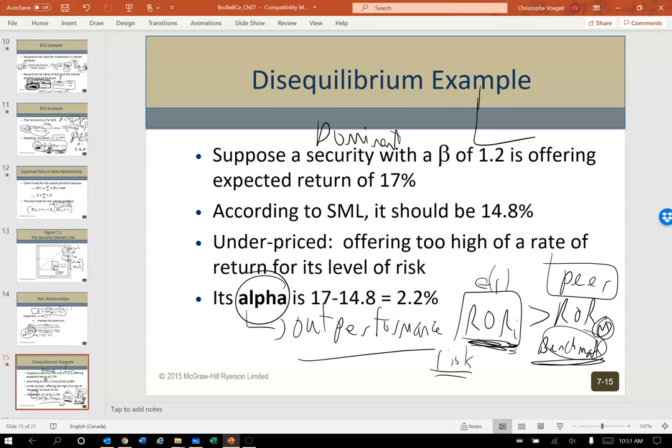Remember, here's some sort of risk metric, here's my risk, and here's my rate of return. If I'm supposed to be here on some sort of capital allocation line, again, I don't care if it's sigma or beta, but I get here, this difference is alpha. I'm getting a higher rate of return. But remember, the same definition of alpha is I go this way, I get the same rate of return as the benchmark, but what have I done to risk?